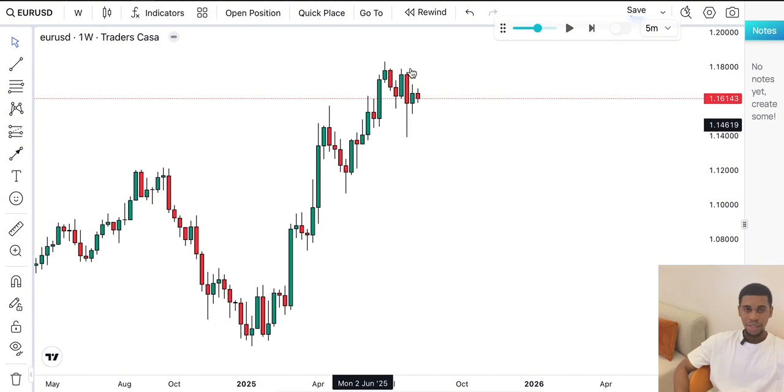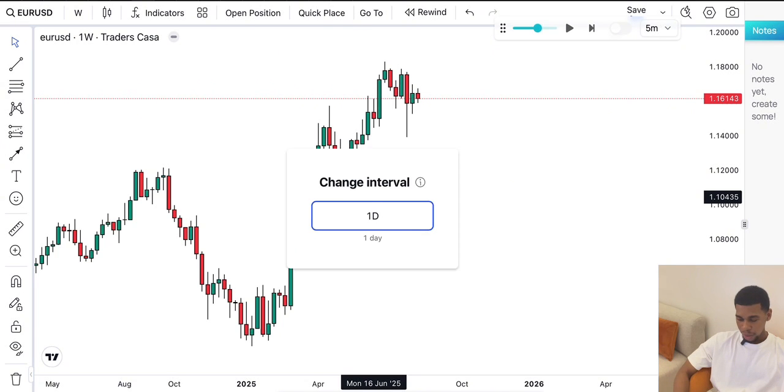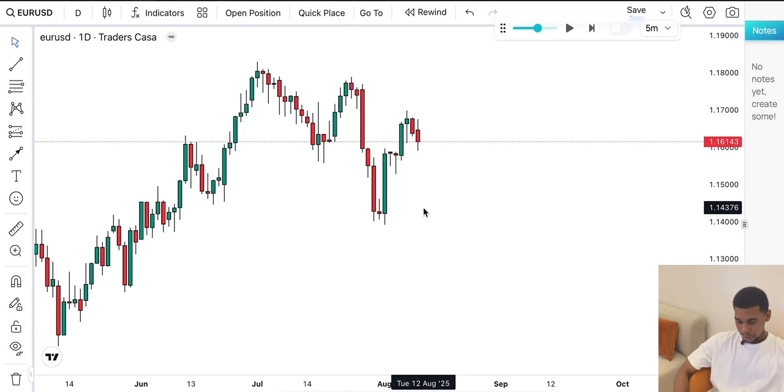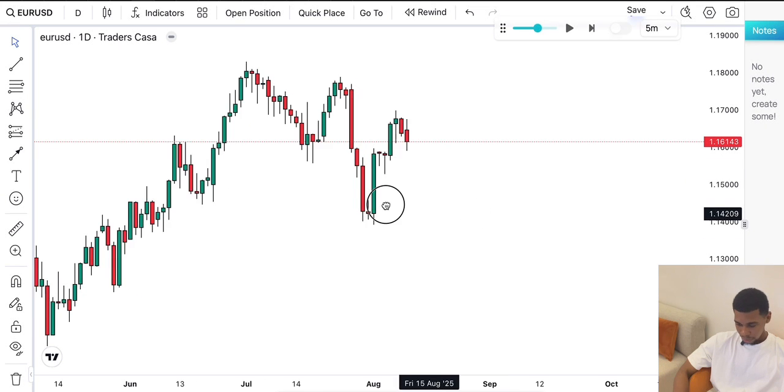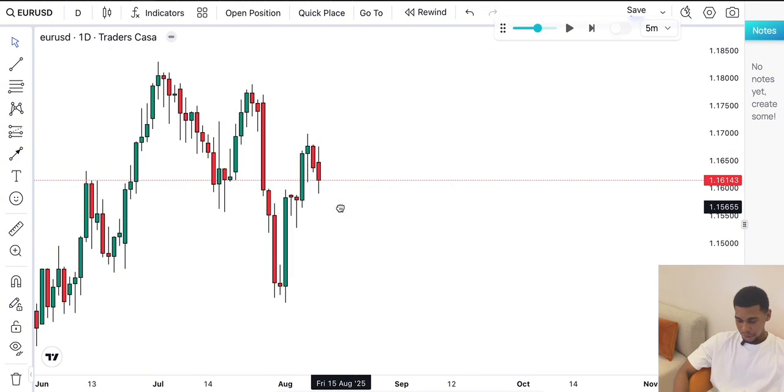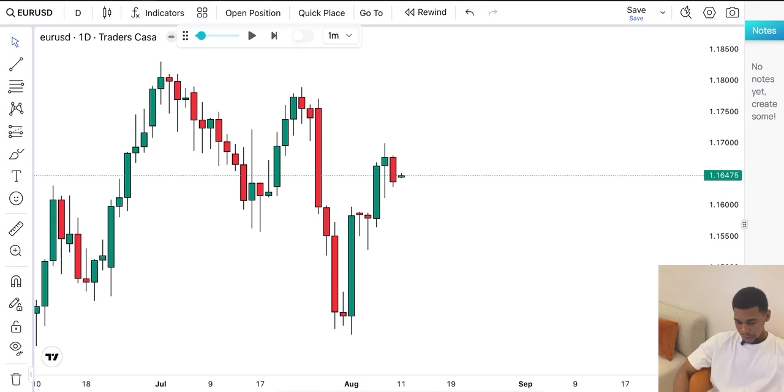Now, when you go over to the daily time frame, right? You go over to the daily time frame. What do we have now? So the market traded down here, created this bearish fair value gap here. Now, this big bullish candle, as you can see here, it did three things. One, it took out sell stops down here. This week, it took out sell stops down there, and it closed completely above this bearish fair value gap, making